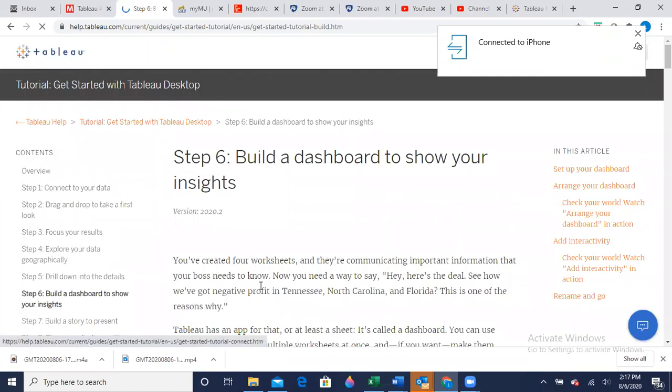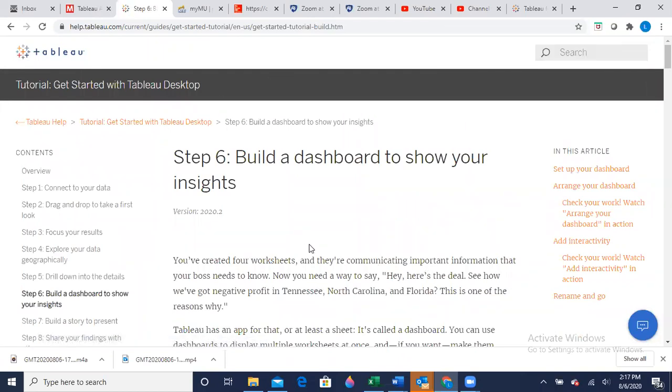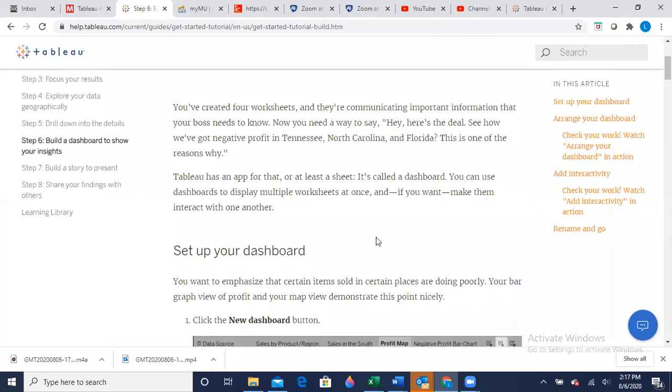And that's what a lot of Tableau, Power BI, those of us who know how to use the software, we create these pictures, one page, dashboard for others so they can see what your sales look like. And, you know, hey, here's the deal. See how we've got negative profit in Tennessee, Carolina, and Florida?